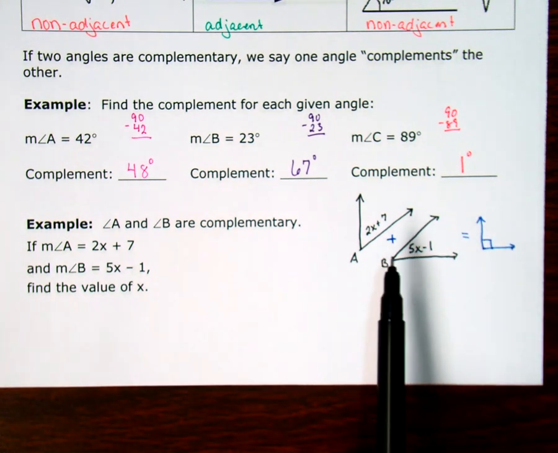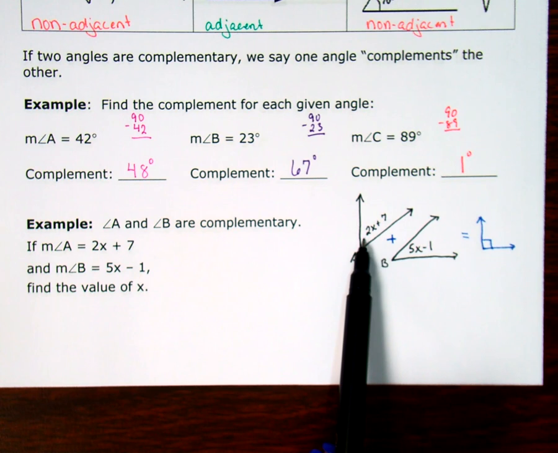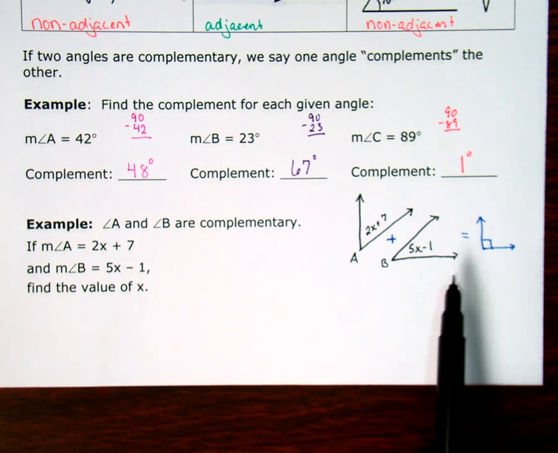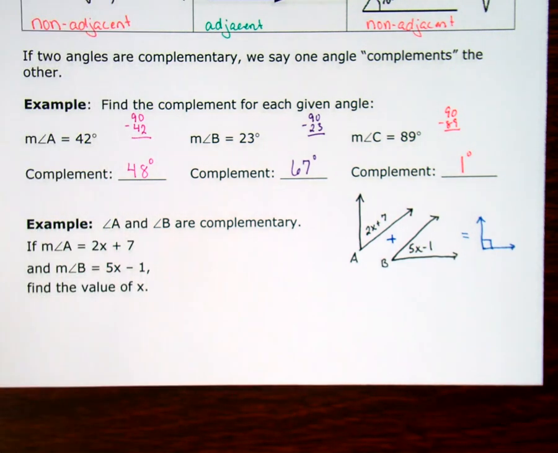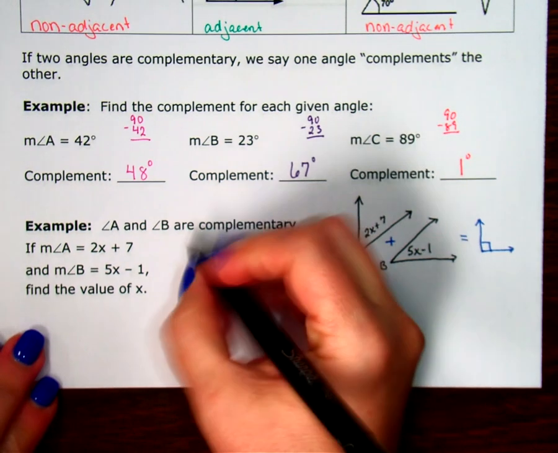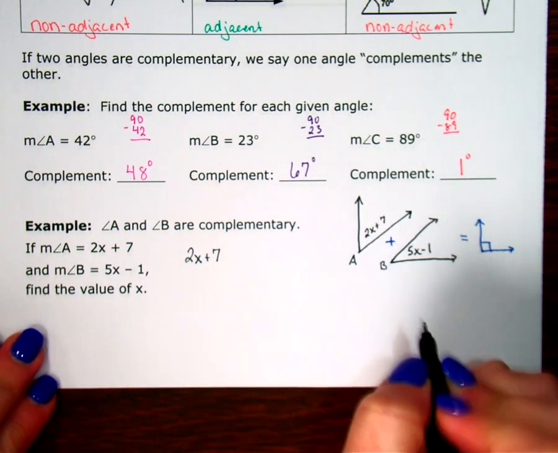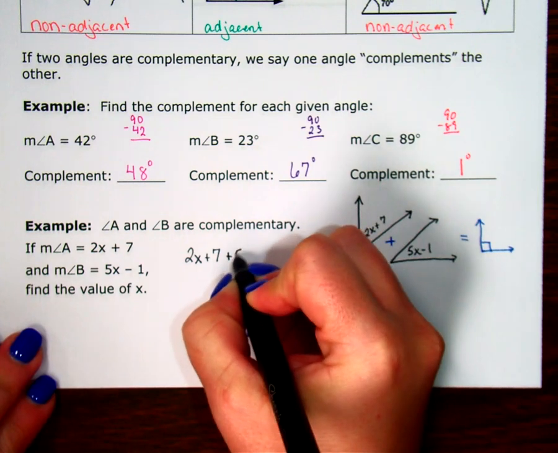Which means I can use my angle addition postulate to say 2x plus 7 plus 5x minus 1 should make 90 degrees. So that's what we're going to do. 2x plus 7 plus 5x minus 1